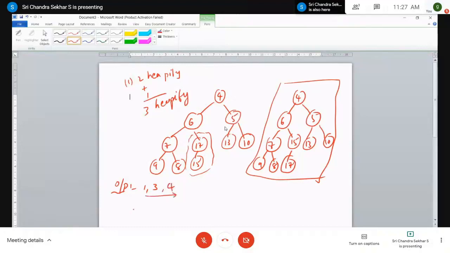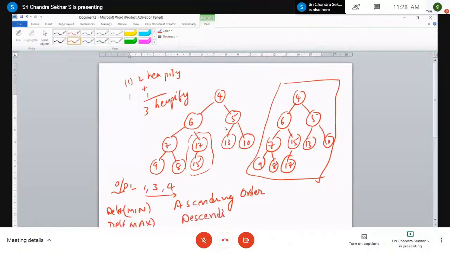From this you can observe that whenever you perform delete on min heap, it is nothing but an ascending order. This is one of the important theory questions. So the order that is obtained after performing the successive delete operations on min heap is always in ascending order. And the reverse, what is the reverse? Whenever you perform the delete operation on the max heap, that will be the descending order.